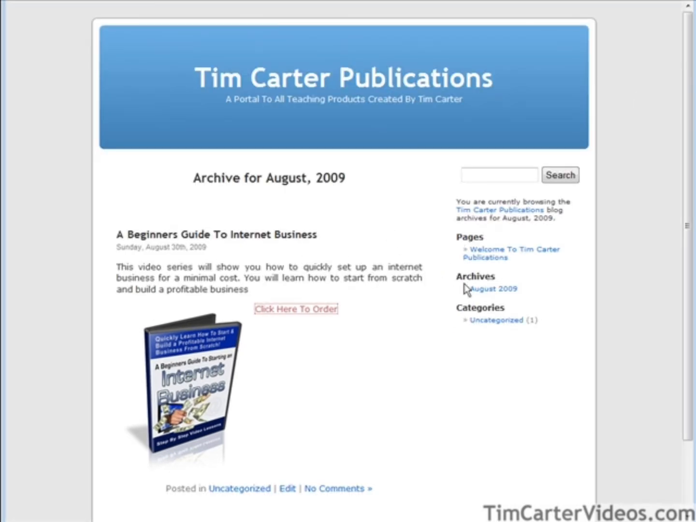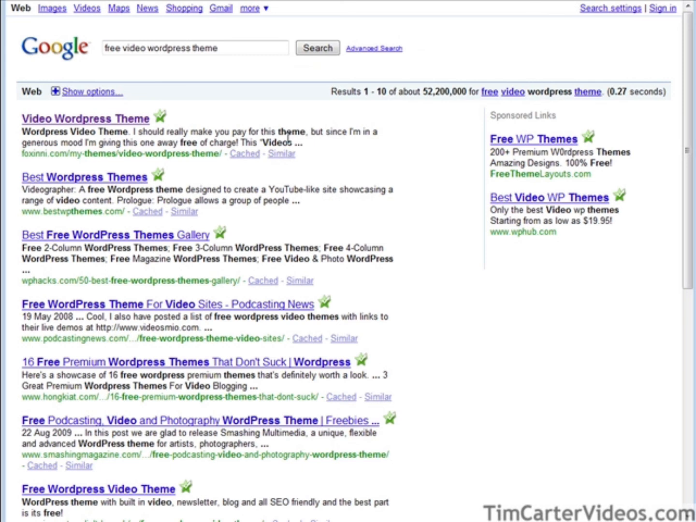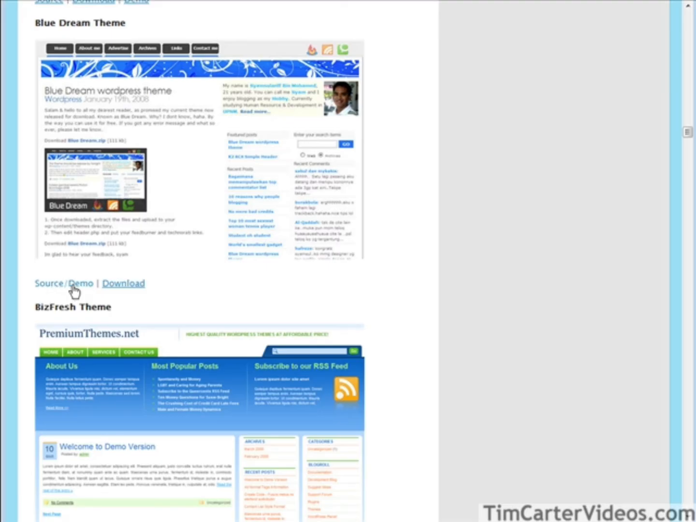The next thing we could do is choose a better theme. What we could do is go look for a theme that fits with what we're trying to do here. You just do a Google search and bring in a theme that you think is appropriate. So we can just do a search on Google for the type of theme we want. I just did a free video WordPress theme, and we can look through here and find one we like. Once we find one we like, we can have a look at the demo,